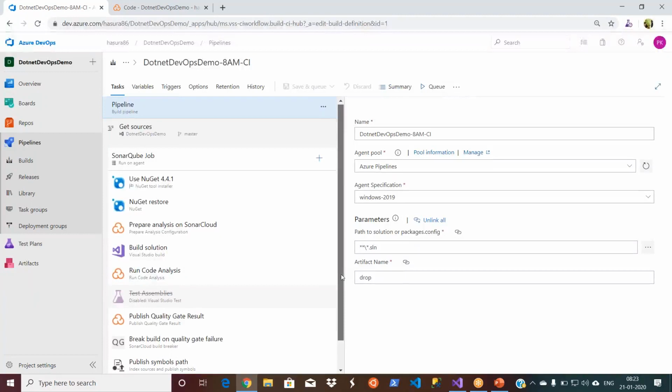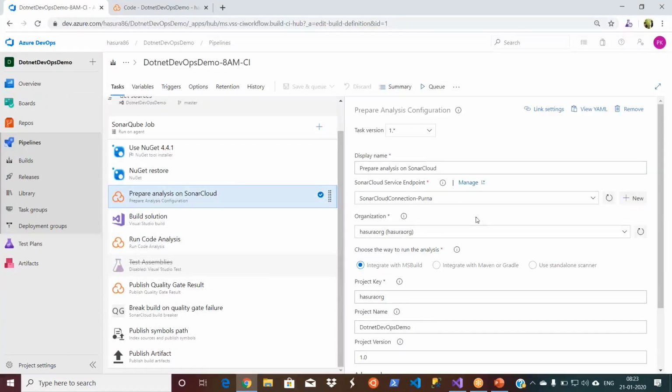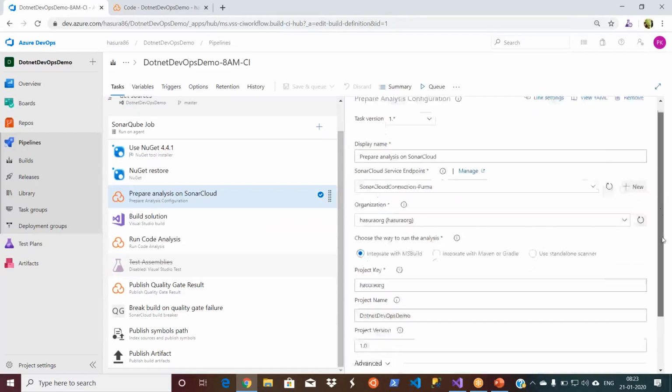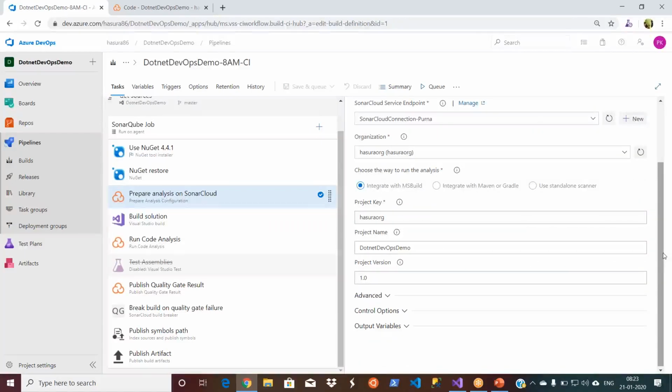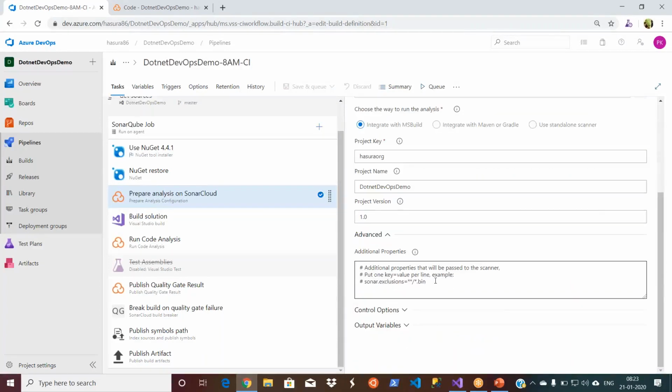In our prepare analysis on SonarCloud, yesterday we created all these keys and integrated them. This is about it. Okay, you've already done it. So we left these advanced properties, and now we use these advanced properties to do the exclusion.